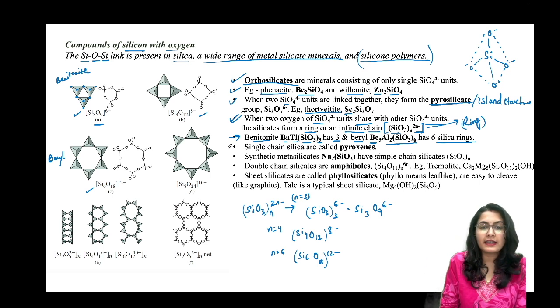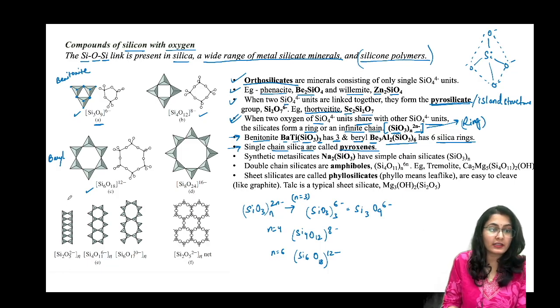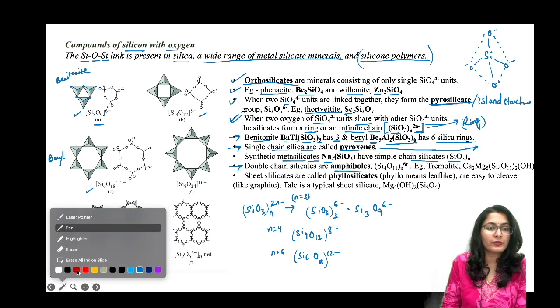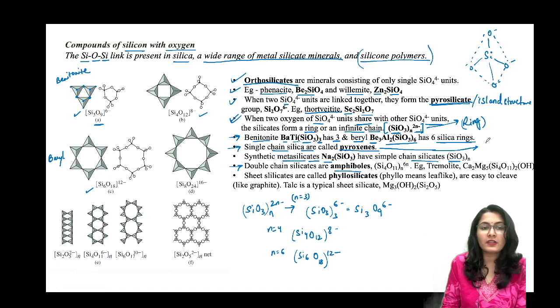Now, single chain silicates are called pyroxenes. This is a single chain. This is known as pyroxene. Synthetic metasilicates like Na2SiO3 have simple chain silicates like this. Double chain silicates are known as amphiboles. You see, these are, let me write over here. There is no space here, so I have not written, but let me write the formula closer to this so you remember. The pyroxenes are